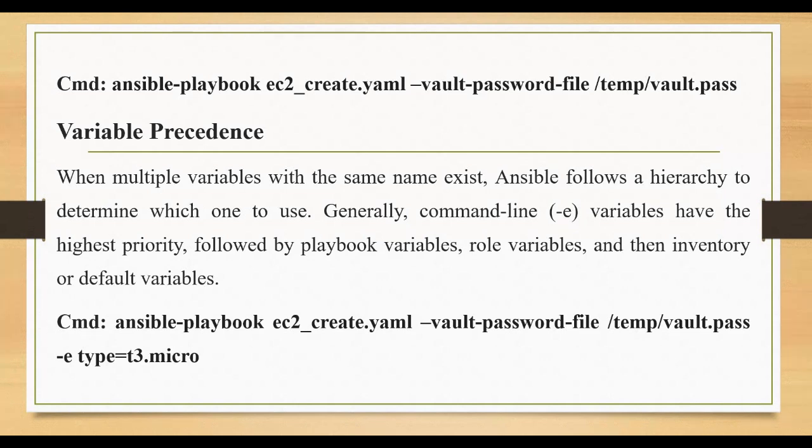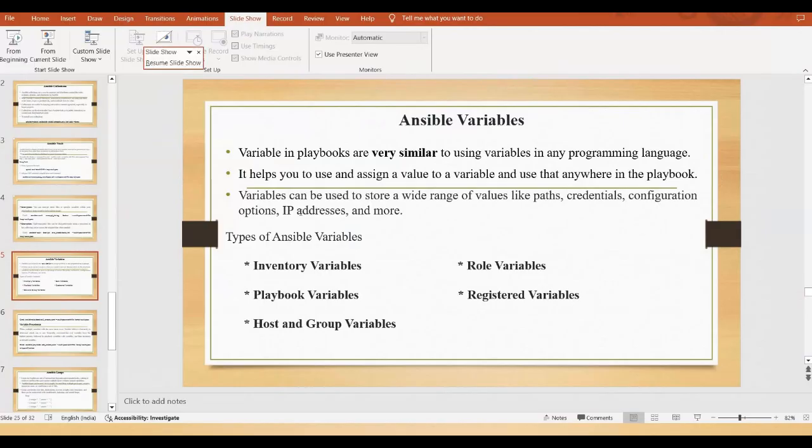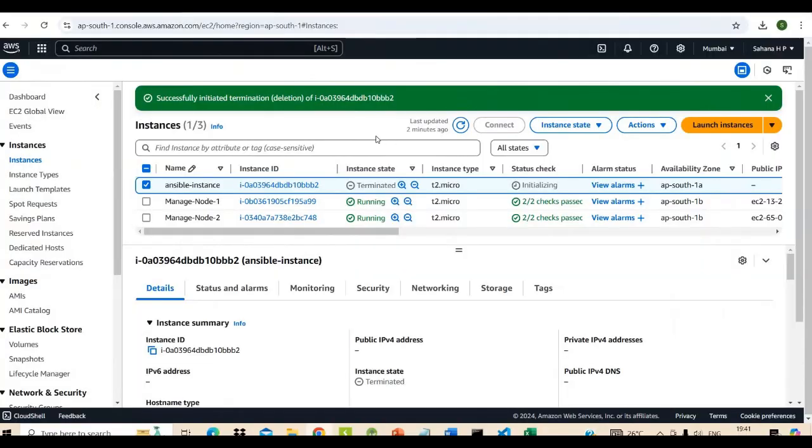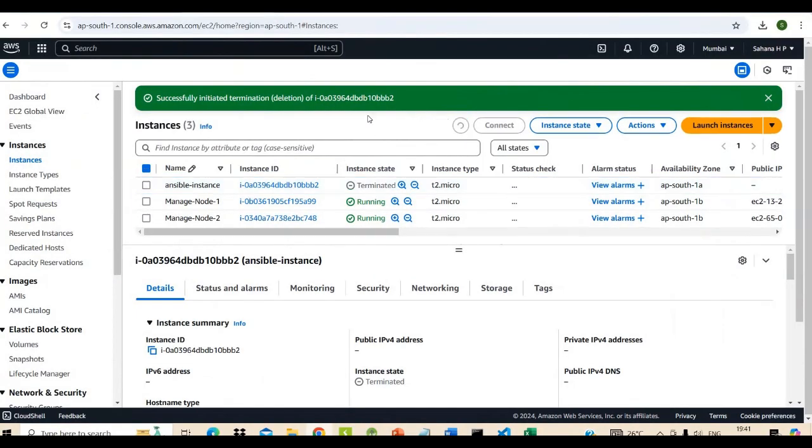Here we are using the command ansible-playbook ec2. So Ansible playbook is a YAML file. We can create the EC2 instance using the YAML file, --vault-password-file, temp pass, -e type=t3.micro. Yeah, we can see how we can create this. I've already terminated the instances. So